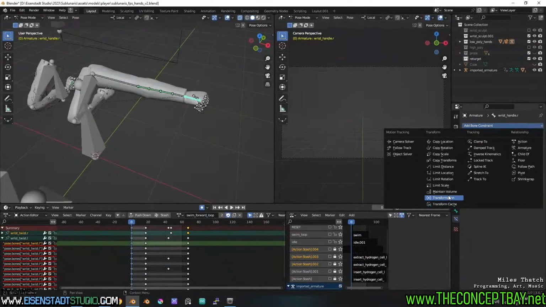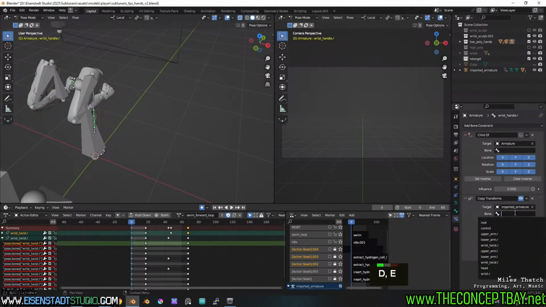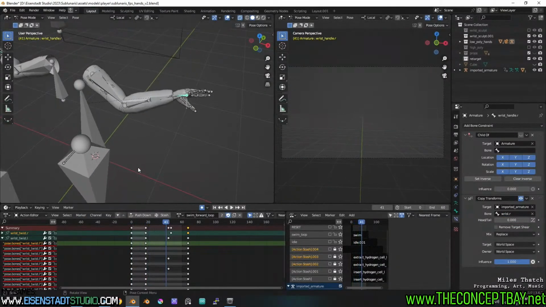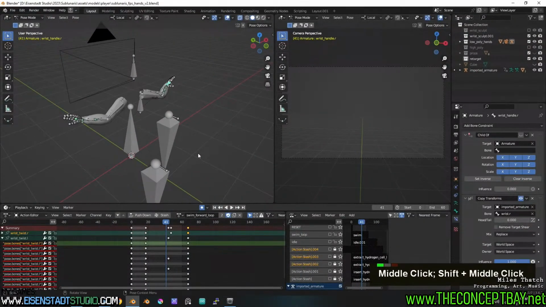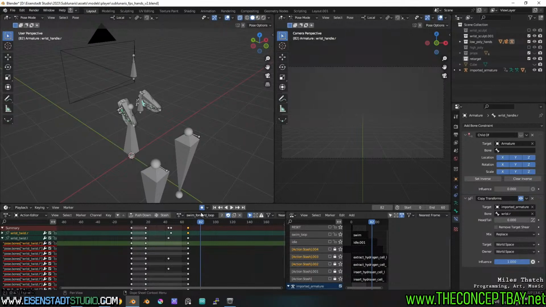Let's do copy transforms, imported armature, wrist right. Okay. Beautiful. What's next? Well, next,